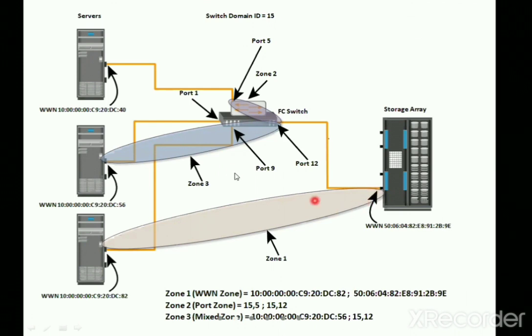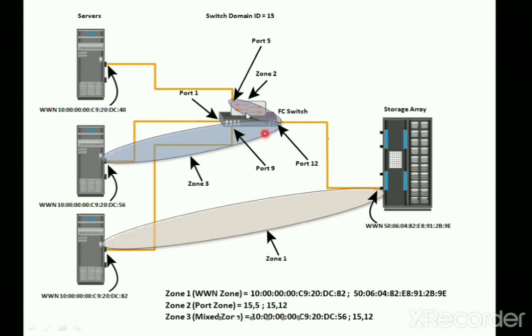Now you can check here, we have a node zone and it is being connected to this switch. We are not directly connecting to the storage array, but we are connecting it to the switch. So this is a mixed zone. We have this as a worldwide name port, and also this is your switch port. So this port and this worldwide name port are being combined, so we call it a mixed zone.